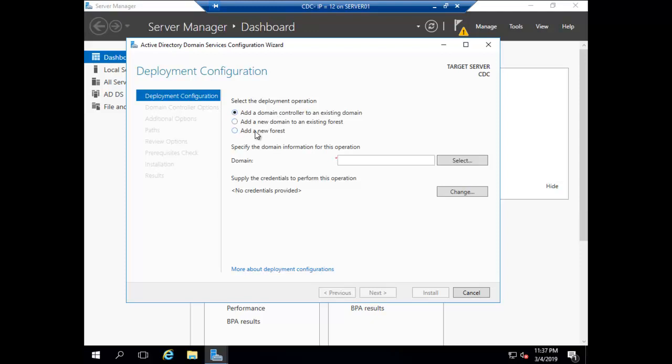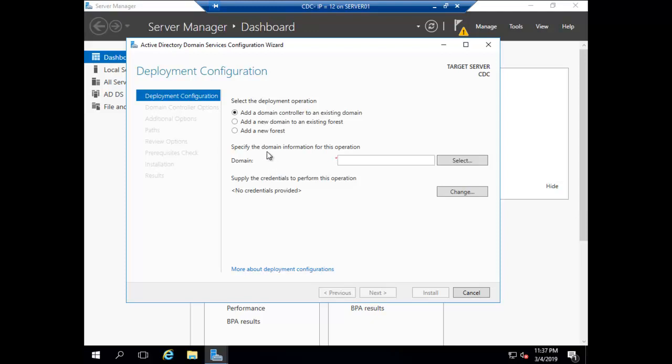And the third option, if you see, is add a new forest. When we install the first domain controller, the forest is automatically created. If you install a new domain controller as a new forest, that means a new forest is automatically created